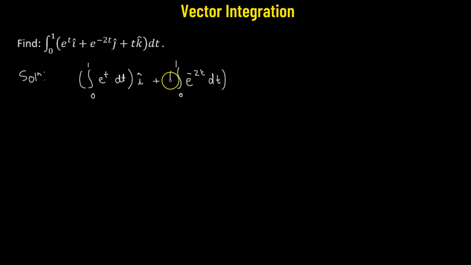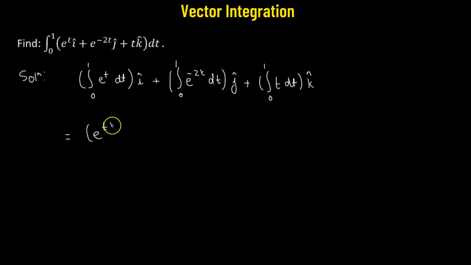This is the y component, which we'll multiply with j cap, plus the third term. The third term will be the integration from 0 to 1 of t dt, and this is going to be the z component, so we'll multiply it to k cap. Fine. So that means the integration of the exponential function gives the exponential function, e raised to the power of t,